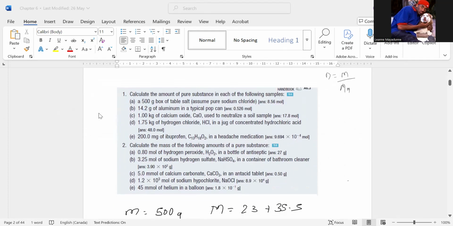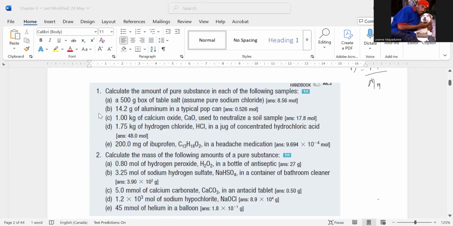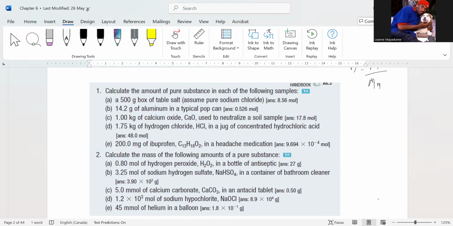So that's done. Now what I want you to do is check the question. The question says that we need to calculate the amount from each of the samples. The formula that we will use will be